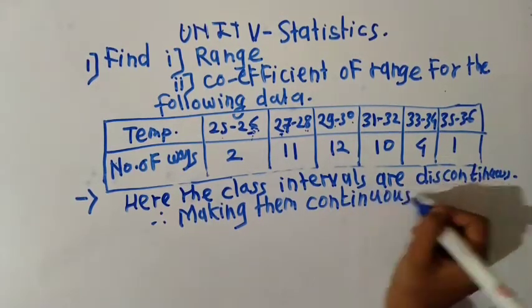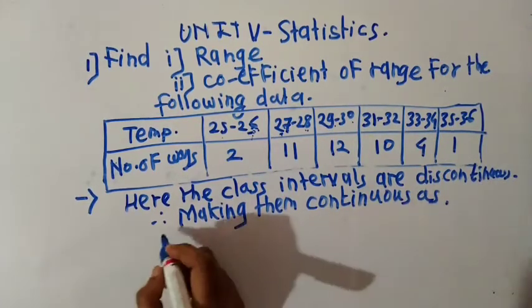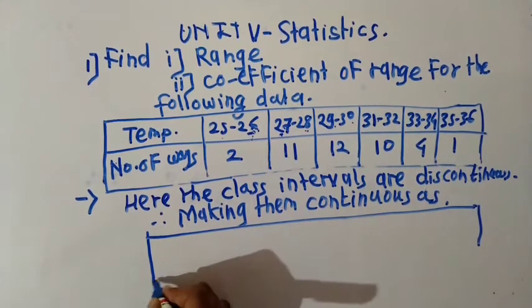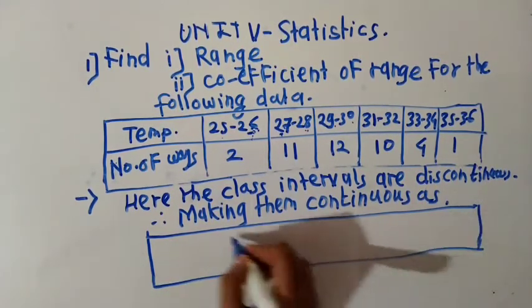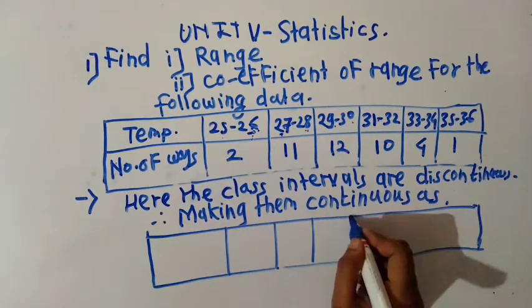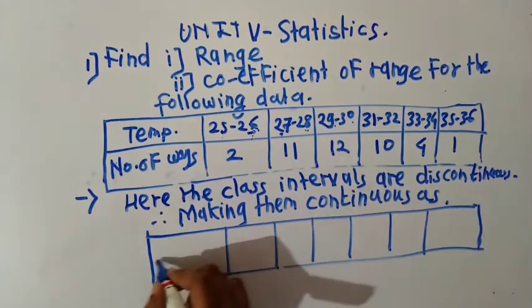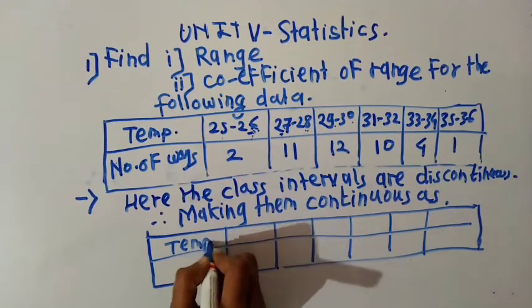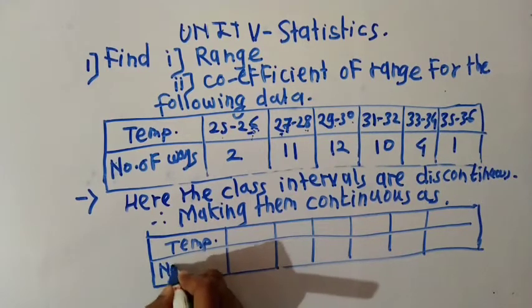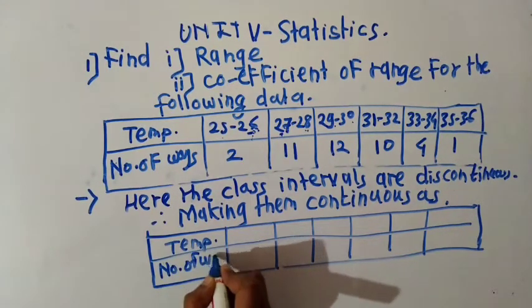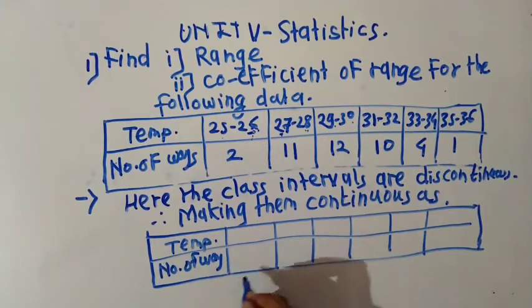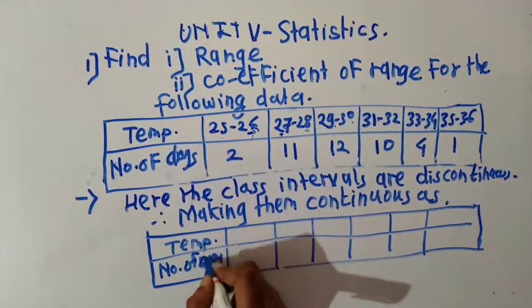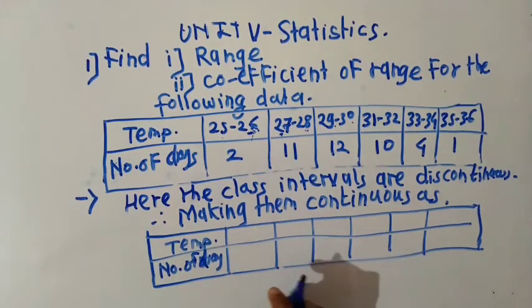So making them continuous as, continuous कसं करणार तर column, temperature and number of days. So continuous करण्यासाठी